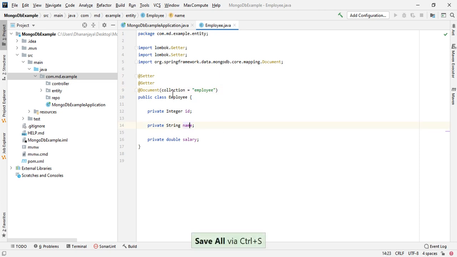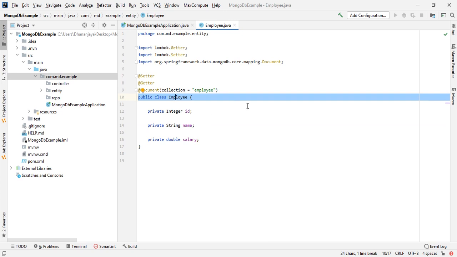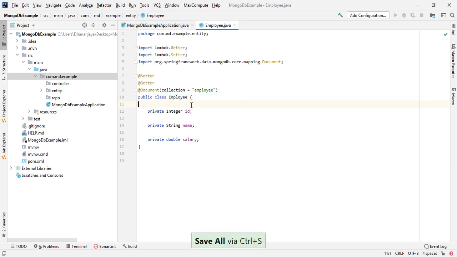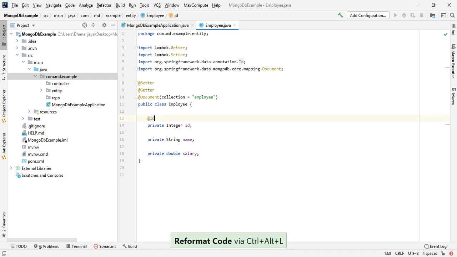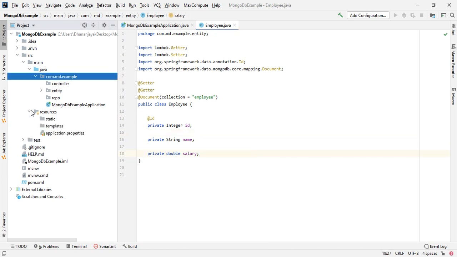If you are not giving the collection name, it will automatically pick the class name itself. Here we need to annotate with @Id, since it is our primary key. Okay, so that's it.